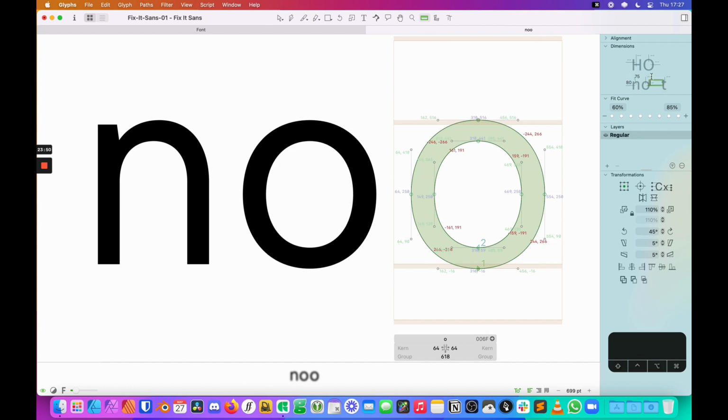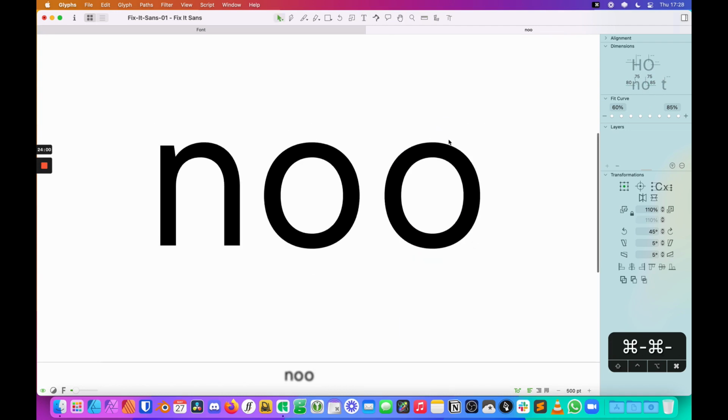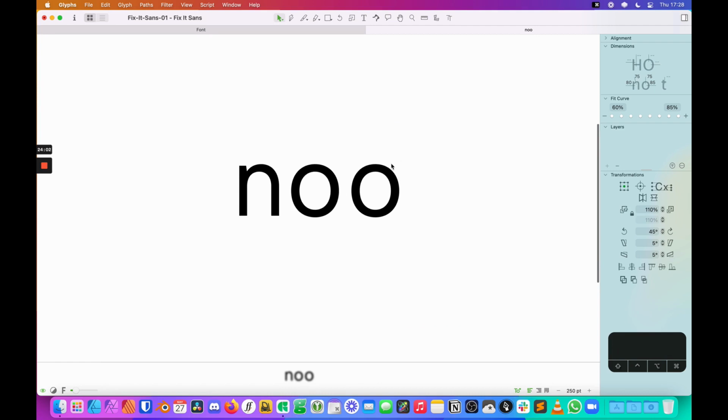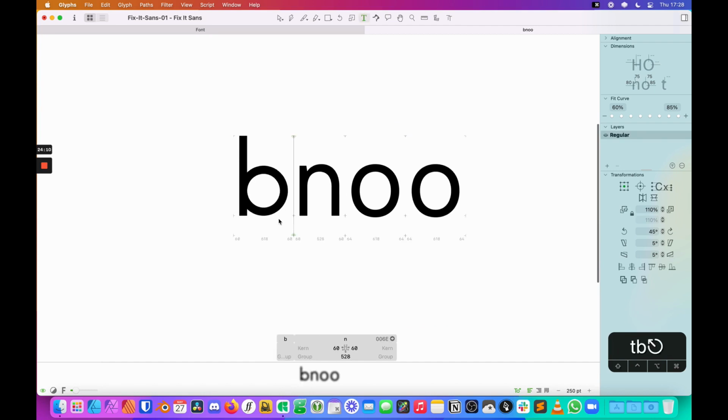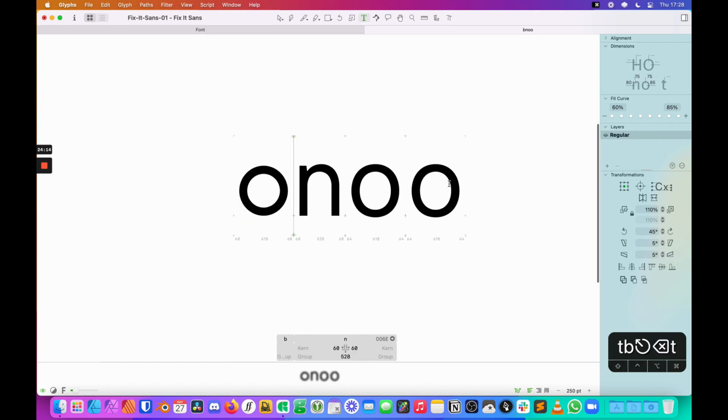So if we go to our notes here, we've got 75 for that top stroke, we've got 85 for the sides. I might go back and adjust this a little bit more still, but if I just step back a little bit, you'll notice that the curve actually starts to look a little bit more in line with the N. If I just pull up a B again, I have to apologize. Actually, we'll just cheat here. There we go. So we've got a before and after on each side.